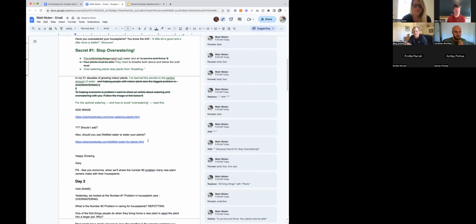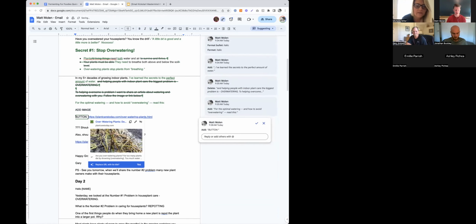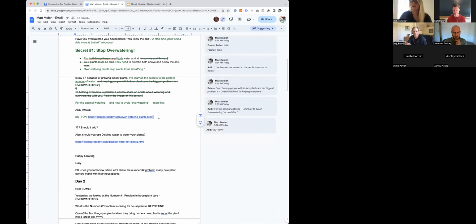So there's the article about this, and I put a question mark. Should you add something about using distilled water to water plants? Because it's actually a big deal. Okay, so what I would probably do here is make this a button, so it's nice and big. Like this is the focus. And then you might say something like,